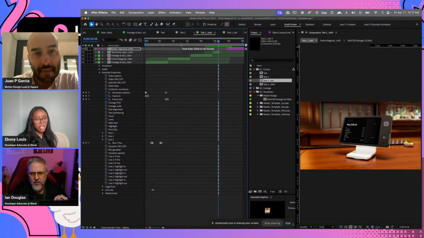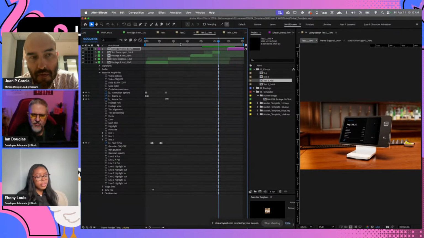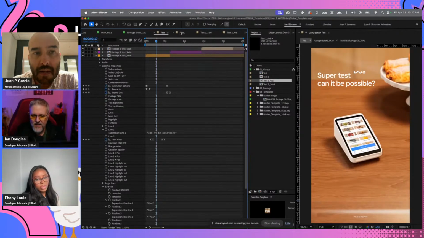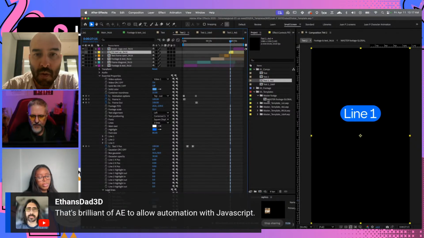Is that something specific to After Effects? Like, does it depend on how you build out this After Effects template, or is this an artifact of something else? No, it's a feature that I put in the script. Oh, okay. Because again, this layer doesn't exist in the other templates.